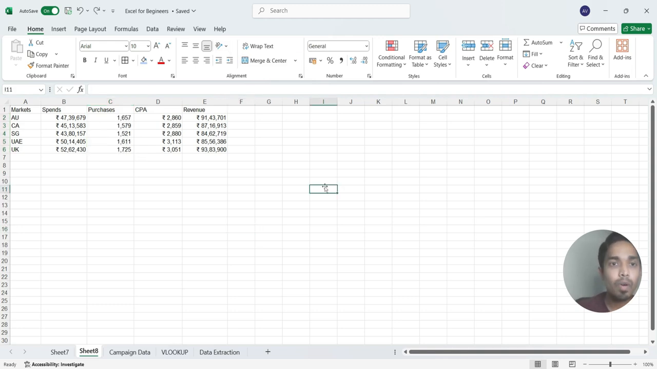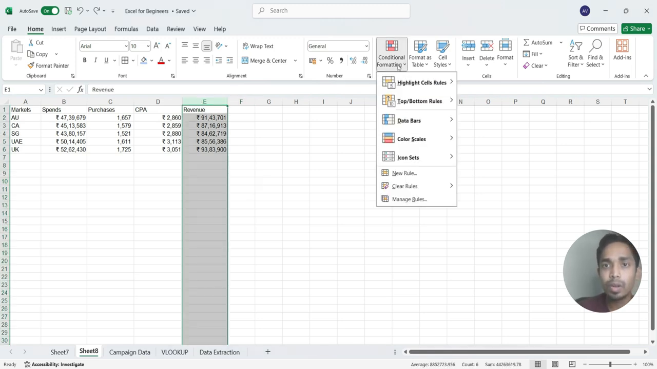So we have applied the formatting. Now let's take things to the next level. Let's make things more visual. To find out the market where the revenue was highest, we will apply conditional formatting to make it more visual. Just click on the revenue column, click on conditional formatting here, go to color scales and apply the first